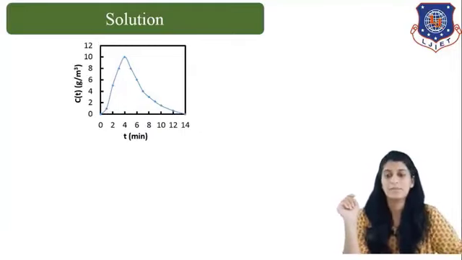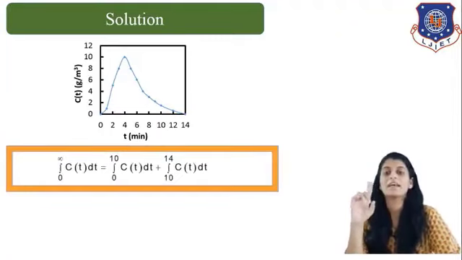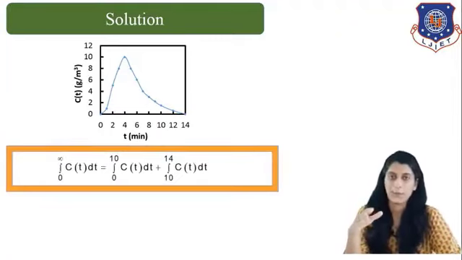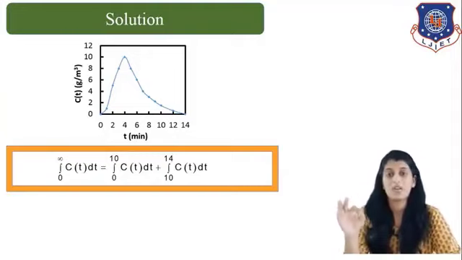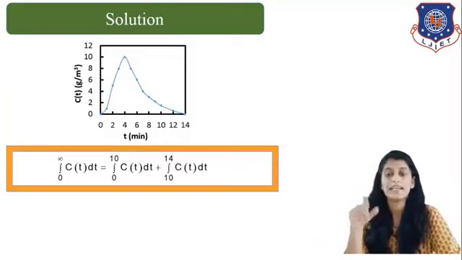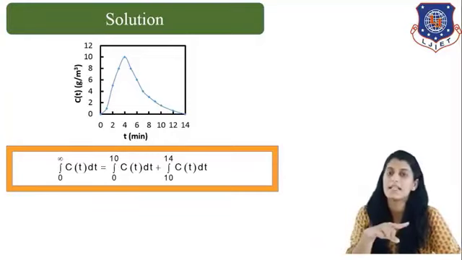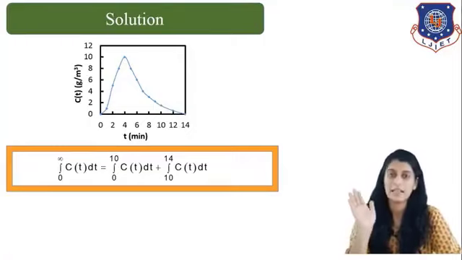In the next step, what we need to do is, we know the relationship between E and C, correct? We know that for determining E values, I need to have the values of C, which I already have in that table. And I also want integration of 0 to infinite C dt, which I don't have. So first step will be to determine the value of 0 to infinite C dt, correct?